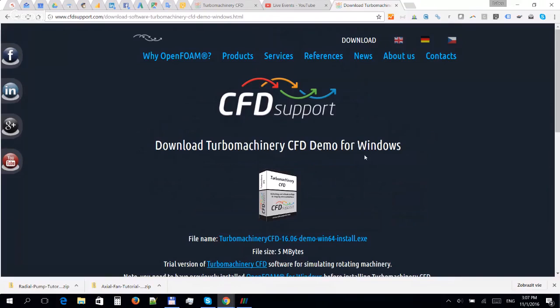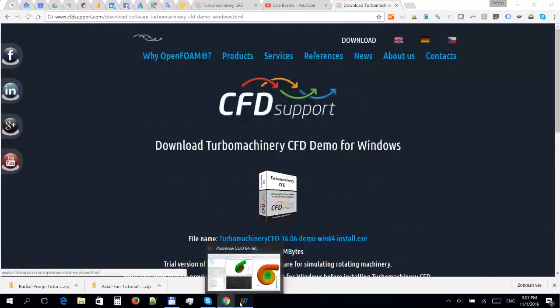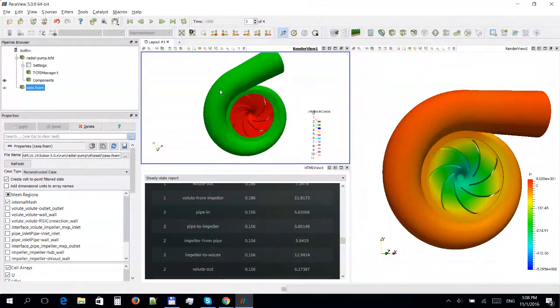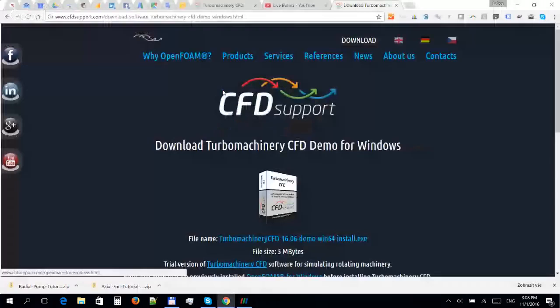So, let's start working with the case of today's webinar. Let's start working on the pump now. I'm back in the Turbomachinery CFD graphical interface, and here's the Radial pump case study. Maybe I can show you. I'll go back to our website, and